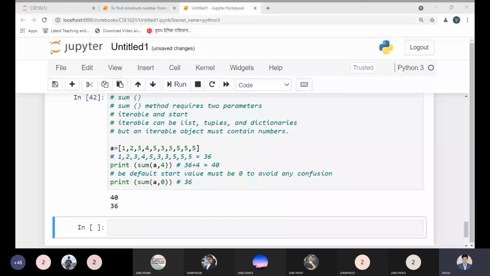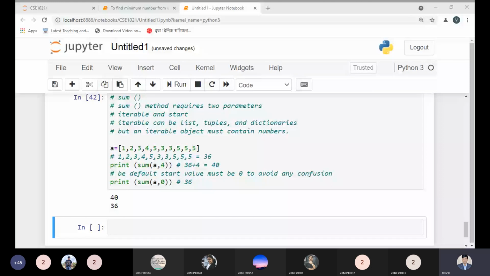There are thousands more functions. Within a short time, within 1 or 2 days, it will not be possible to cover all the built-in functions. As I am speaking here, there are other functions I am referring to, such as the compile function and the any function. The any function returns true if any item of the iterable is true, otherwise it returns false. Let me print this concept.